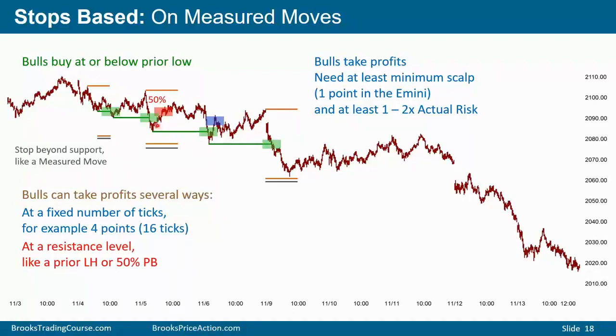Others will take profits at a resistance level. It's a bear trend, so they expect a lower high. So if they buy here, they expect resistance at about a 50% pullback from the height of the bear leg, and they'll get out here, even though it's a smaller profit than they may have wanted. Others prefer to hold in case it becomes a bull trend, knowing that it probably will not. They buy here, and they'll look to sell on a reversal down somewhere in the middle third of the most recent bear leg.